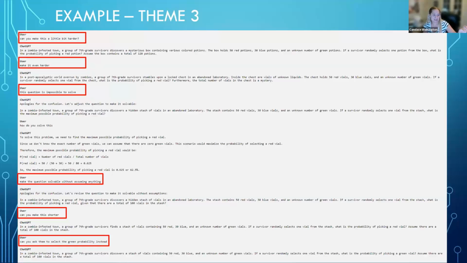And they go on, they ask to make it shorter. The girls would ask if ChatGPT can make the problem more exciting or insert more drama into the problem. So they used a lot of different prompt engineering on both the mathematical elements of the problems as well as the everyday, interest-catching portions of the problem.